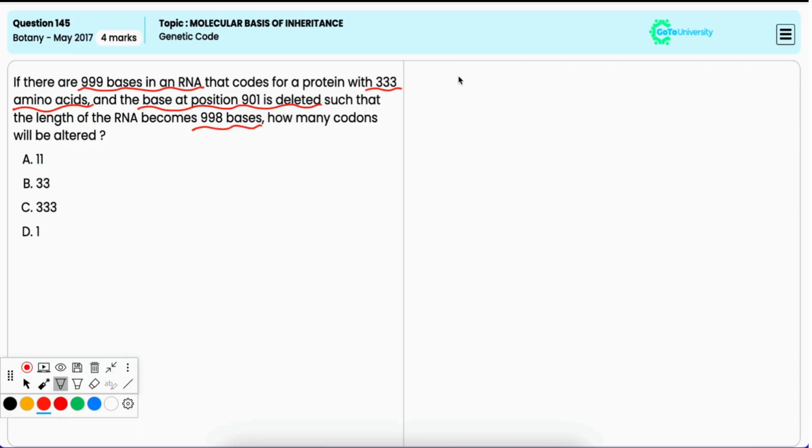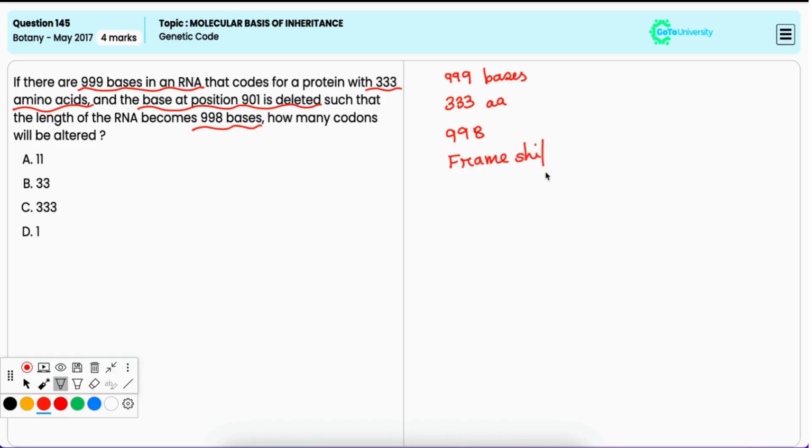Now it is given that the RNA has 999 bases and it codes for 333 amino acids. Now there is deletion of one base at position 901 and the RNA sequence becomes 998 bases long. And this deletion causes a frame shift mutation, that is, altering the reading frame from the point